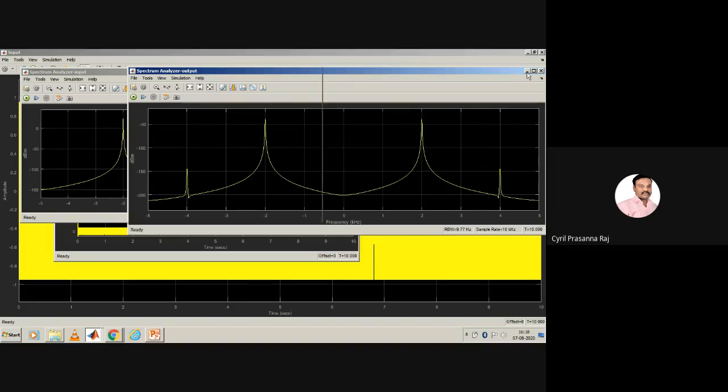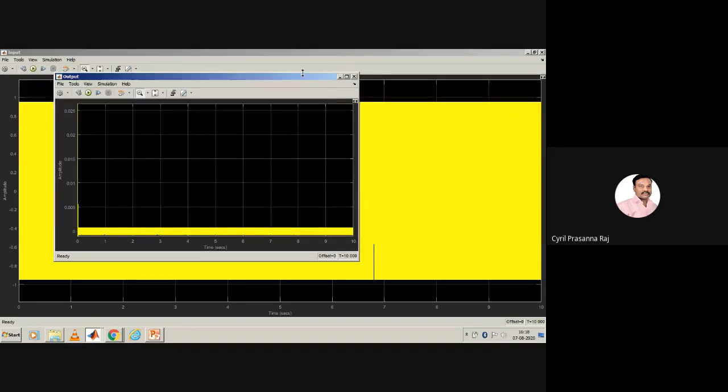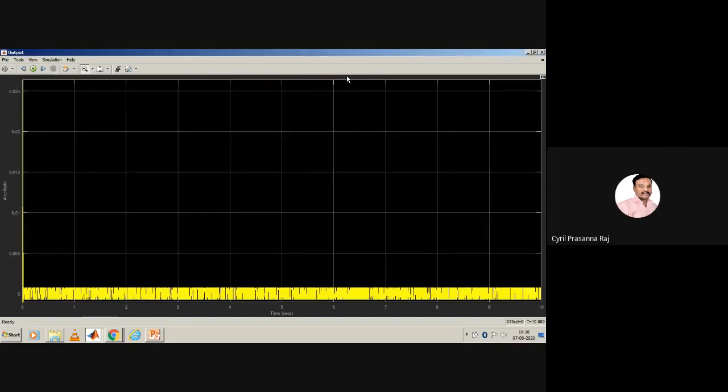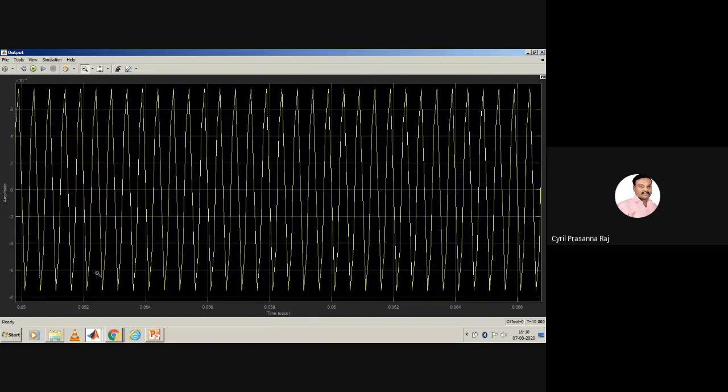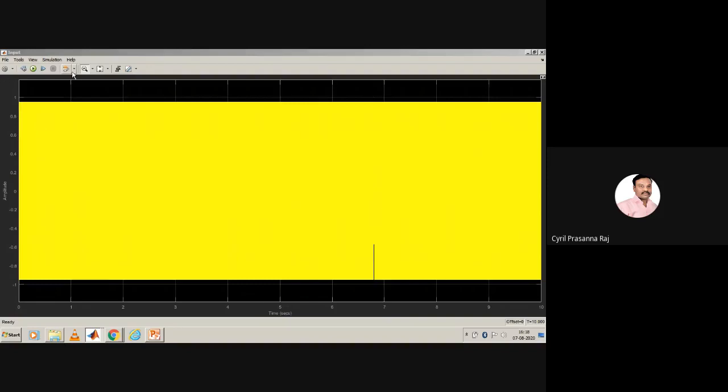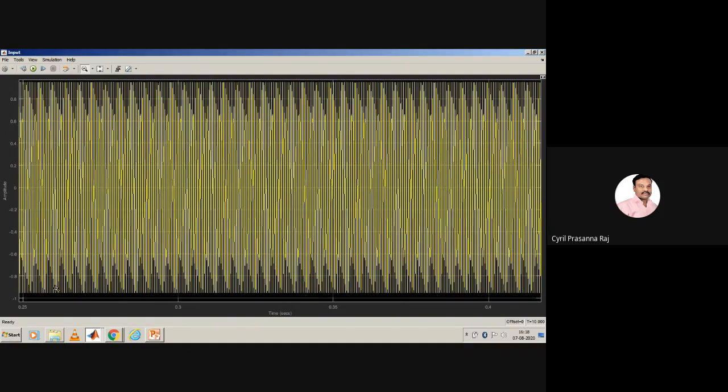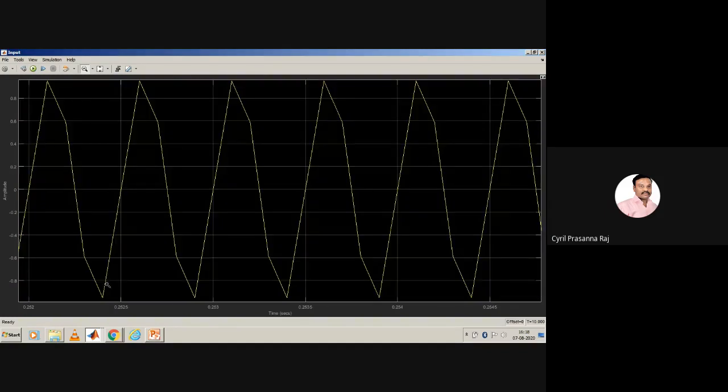So you can simply neglect this, but you can even see how to rectify this also. Then you can see the time domain response of the filter. So this is the time domain response of the filter. So I can take this and then zoom it. As I said, initially you have to neglect the data because it is random data. But after that, whatever data you get, this is the output data. You are going to zoom it and show the results. Okay. Similarly, you can see the input also. So you can zoom this, check the input. This is the input that we have now. Okay. And this is a 2000 hertz data, and accordingly it has been filtered.